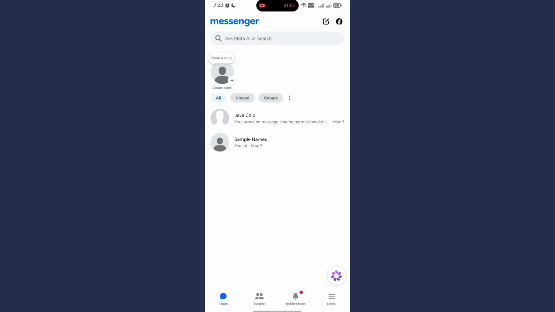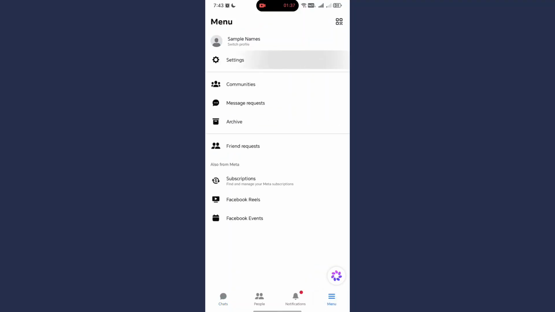Now, if the messages are completely gone, the culprit is likely tied to Meta's end-to-end encryption setup, which secures your chats so that only you and the recipient can read them. If this secure storage isn't syncing properly, your history might fail to show up when you log in on a new phone or laptop. To get things moving again, go to your Messenger settings, tap Privacy and Safety, and then